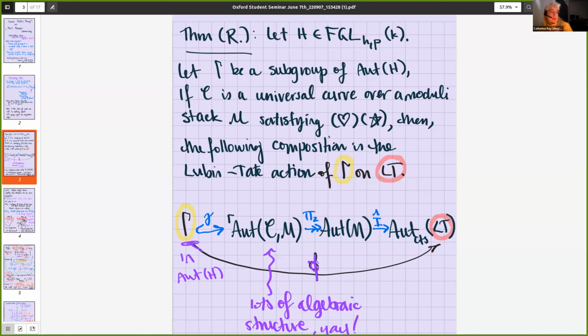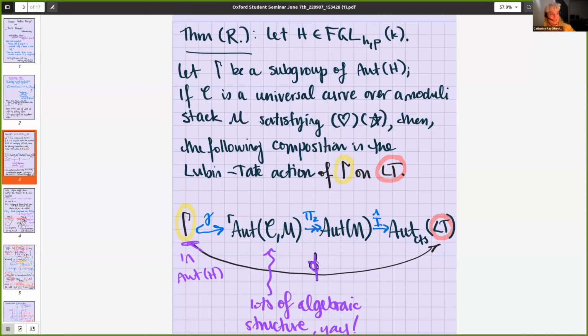So now we can ask the question: if we have a moduli stack which satisfies some properties, then we can really pin down this group action that we're trying to understand. So in other words, we have a group that's acting on a space. I have not defined for you the group or the space. The group that I will get to the full definition of is the automorphism group of this thing called a formal group, which I will tell you more about.